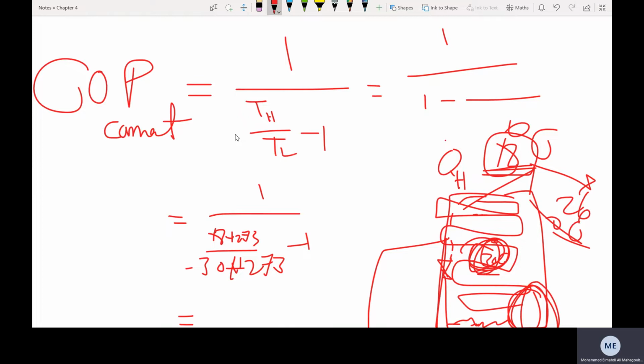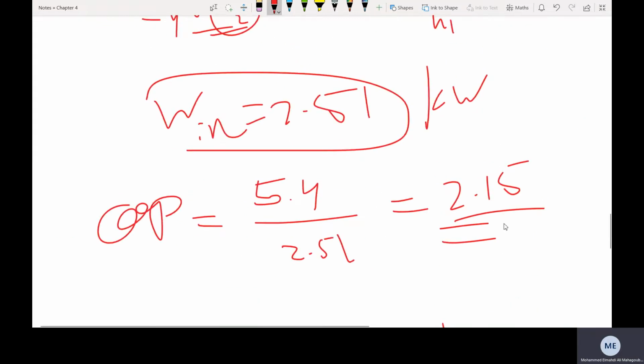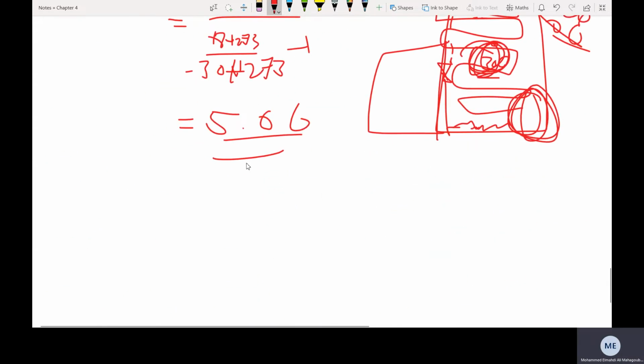TH over 1, okay, here minus 1. I did plus 1, my bad, yeah. So here is minus. Okay, so it is 5.06, which is definitely higher than this by, and now he wants the Q